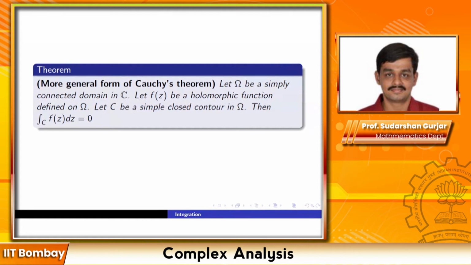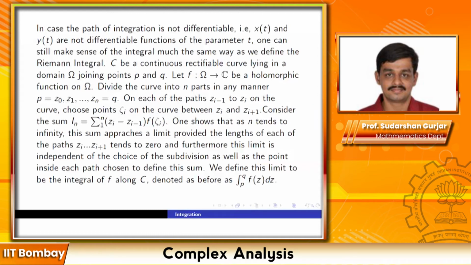Of course, I have said that C is a simple closed contour for simplicity. C may be a union of simple closed contours. So I may have one closed contour, then another one next to it, and so on. Then the integral along that will also be 0 because I can break up the integral into a sum of integrals along the simple closed contours. So that will also be 0. So this is the base case in some sense, the simple closed contours. Certain other cases can be deduced from it.